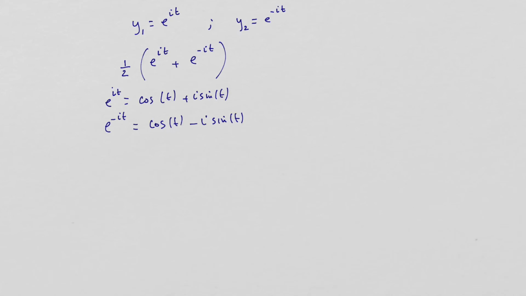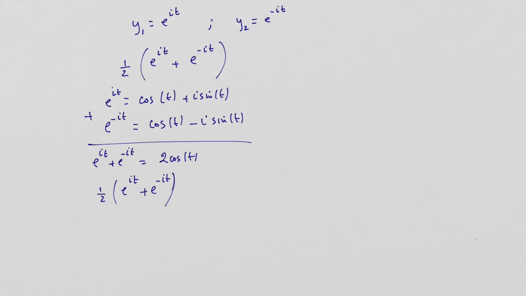So if you add them up, you're going to get twice cosine t, because this piece cancels. And if you multiply both sides by half, so half e^(it) plus e to the negative it, you should get cosine t. Isn't that beautiful? Which means